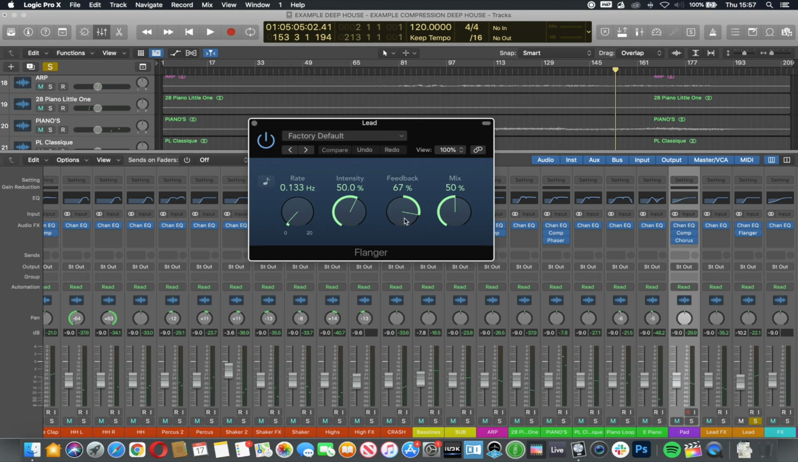So again, the feedback is how much we hear. The mix is the balance between the two. The rate is how it is pulsating in time. So I can go 4 bars, a quarter, half. If we have it on 4 bars to start with, and we put the feedback and the mix down slightly, so if I start to bring the mix up and the feedback,